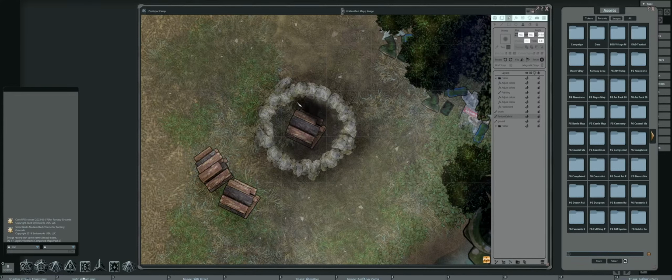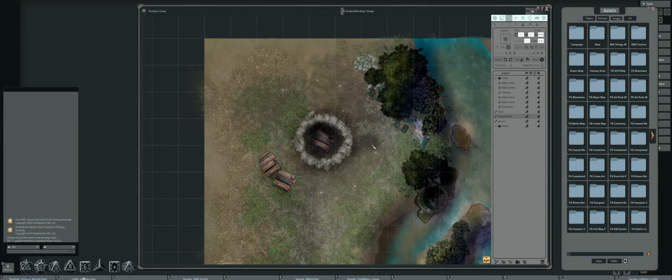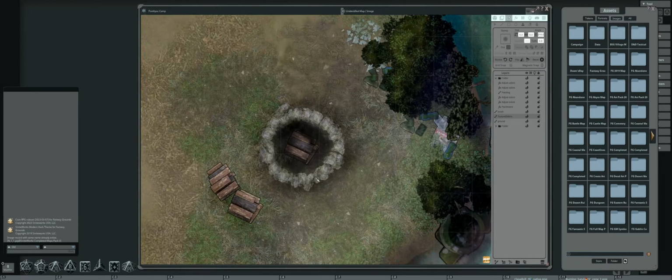And I'm going to do this as like charred areas in here. And I want to do this a little bit uneven. You know, we want things to